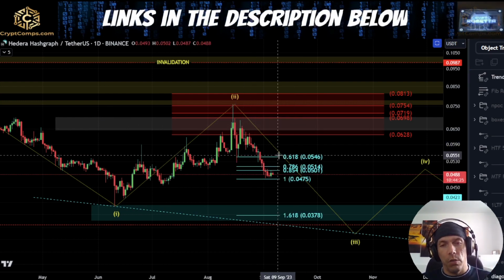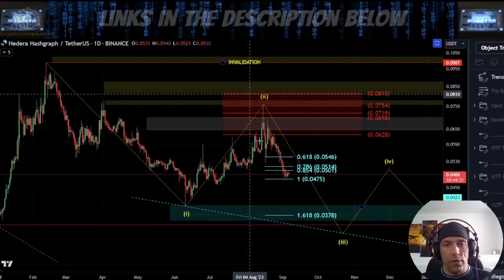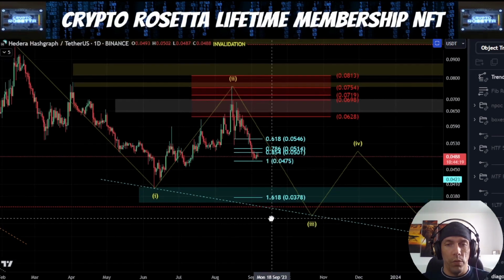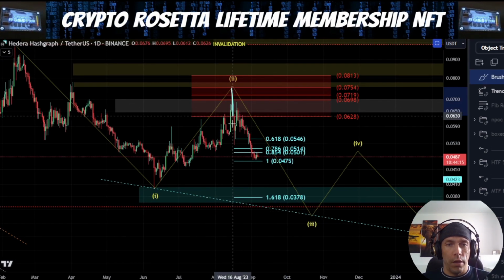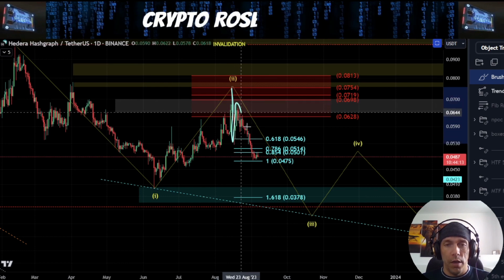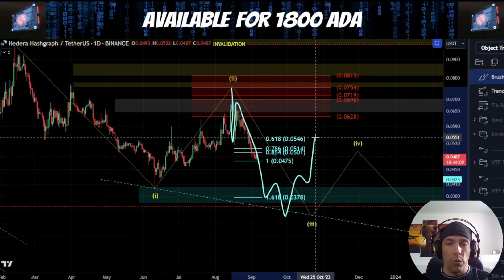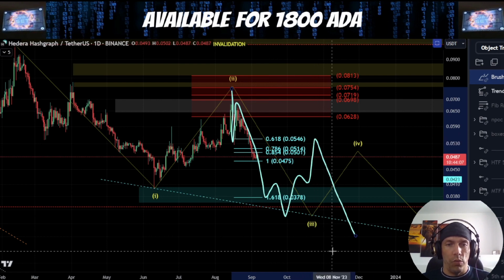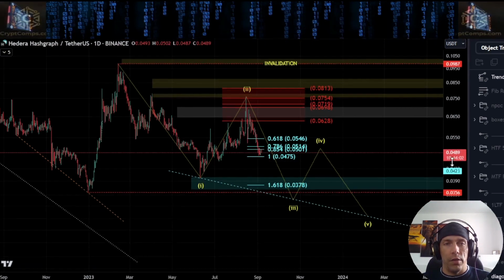If we move past that 1.618, which is sitting here at this 0378, then we could actually just have this as a single 5-wave move, in which case what we'd then be looking for is this diagonal would still align here, but we'd have this as 1, 2 here. Then this would all become 3, we'd get 4, 5, then we'd be expecting a 3-wave move up, and then another 5-wave move down. So this could still align with the idea of having this as a diagonal pattern, but